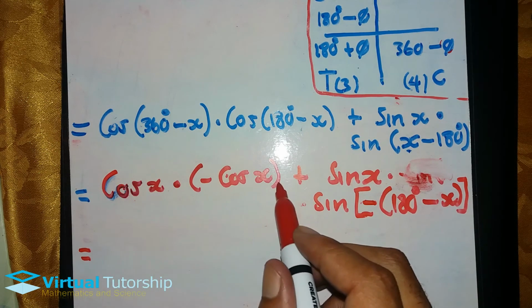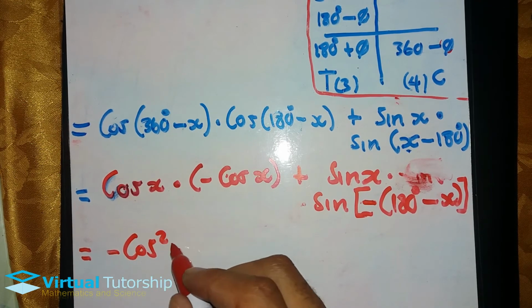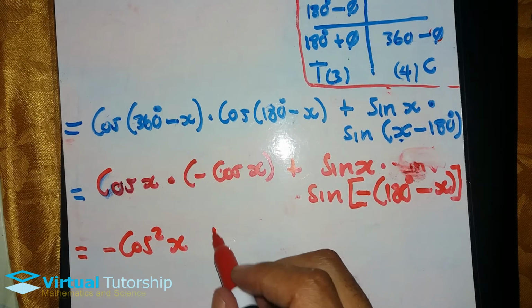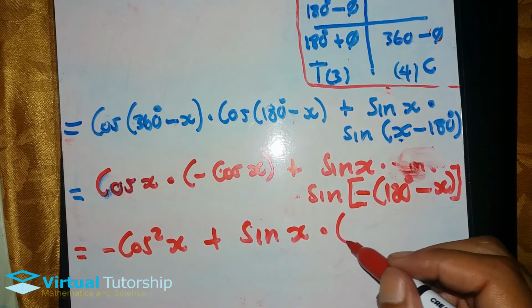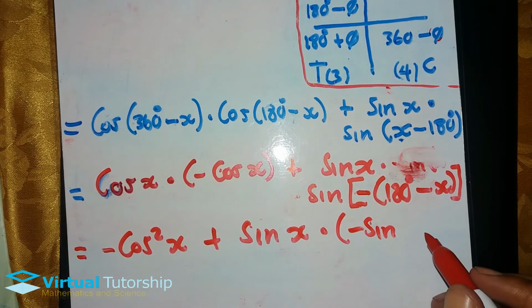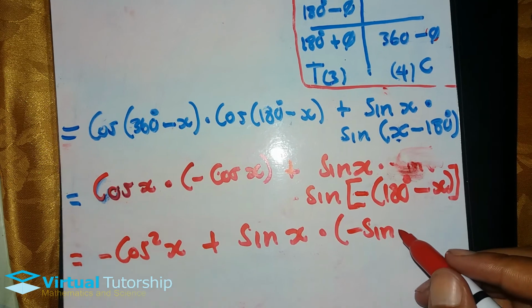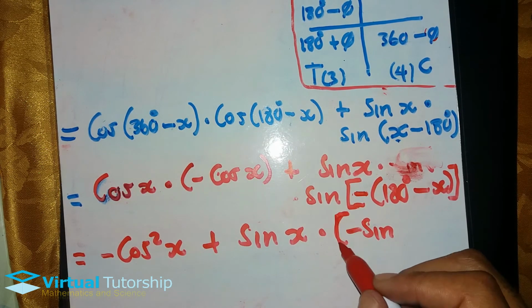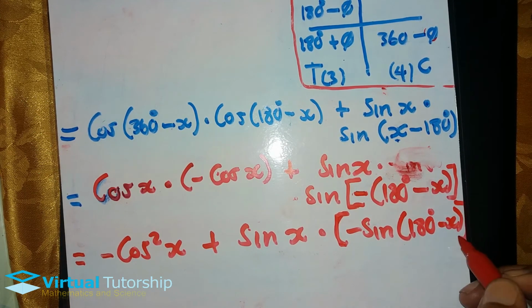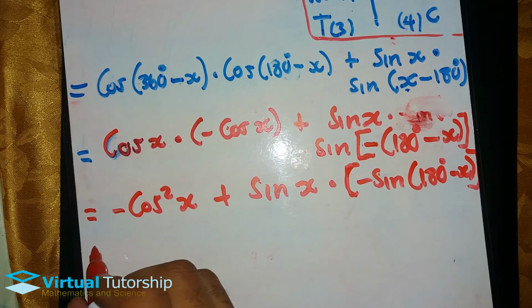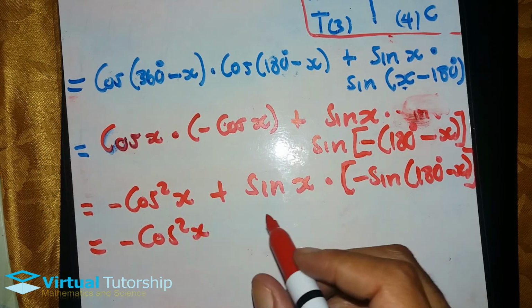So meanwhile ngapha lena ngimultiply na le nginikeza a negative cos squared x, sorry, plus sine x times a negative sine, ne? A negative angle of sine is izosinikeza a negative sine. So sala nalo 180 degrees minus x, close that bracket, so it's gonna be equal to minus cos squared x, negative